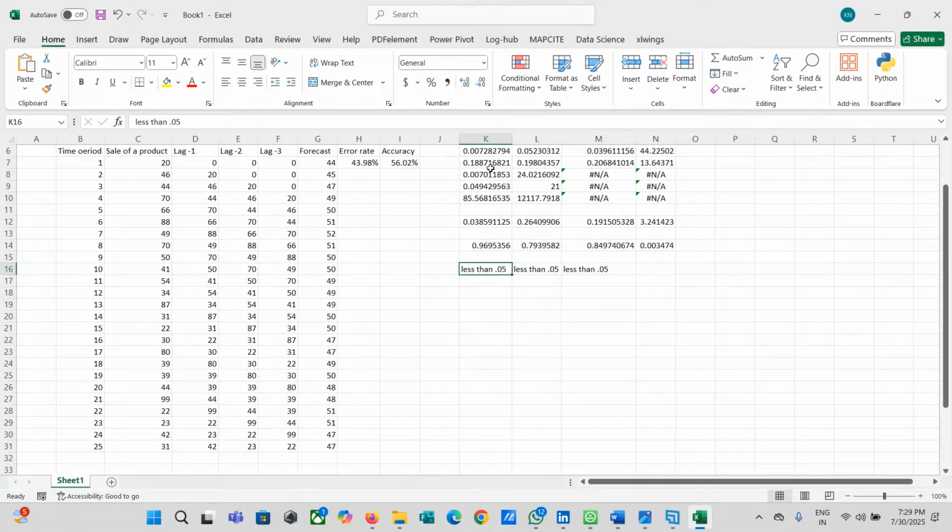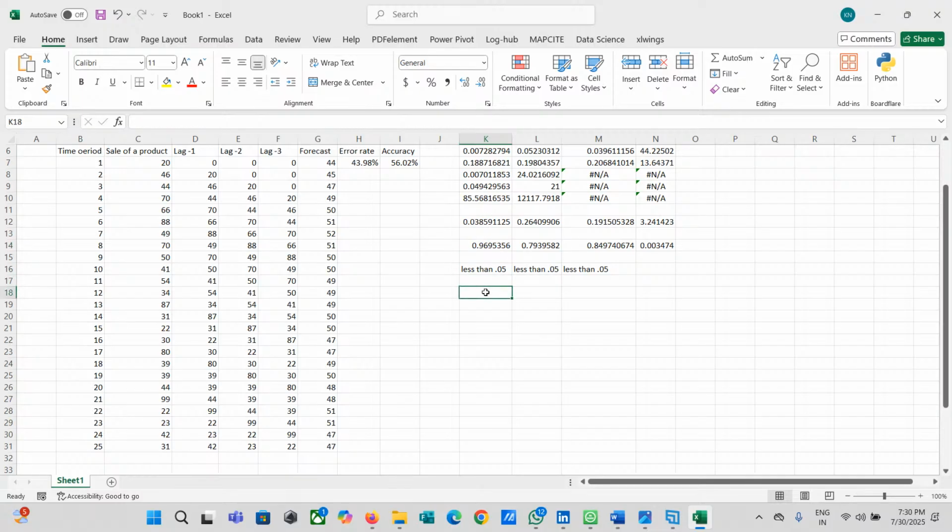Right? Where the t stat is 0.038, and if you want to find the probability of this value exceeding the critical value, it's not exceeding the critical value because it's coming around 96.595%. So this should be less than 0.05, but it is not.